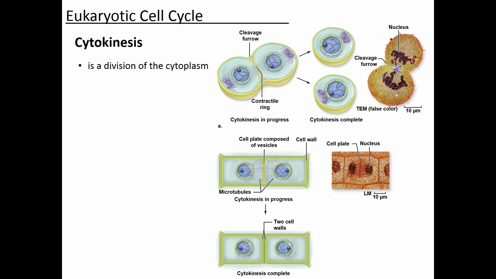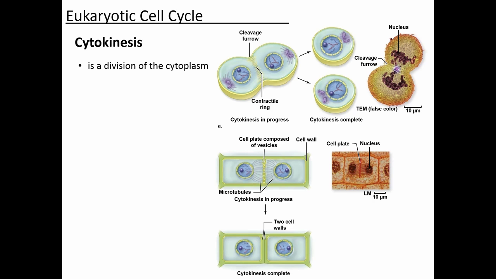How this takes place is going to depend on whether you're talking about an animal cell or a plant cell. They told you how it happens in an animal cell in the animation, and you guys learned plant cells in the lab, but we'll go through each again. So in animal cells, on the inside of the plasma membrane, you have a ring of actin filaments, and that ring of actin filaments constricts like a drawstring.